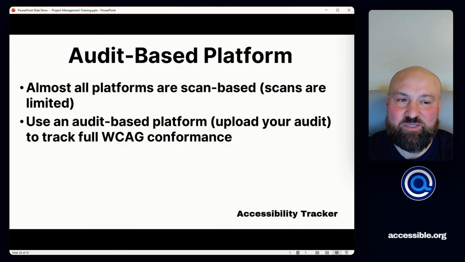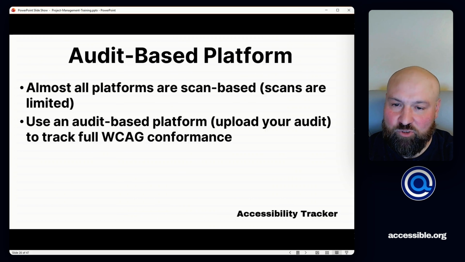Almost all platforms are scan based and scans are limited. Remember that scans are only going to flag approximately 25% of WCAG 2.1 AA issues. And we need to have confidence and we need to have certainty that we are tracking to full WCAG conformance. So this is extremely important. So here I have: use an audit-based platform, upload your audit to track full WCAG conformance